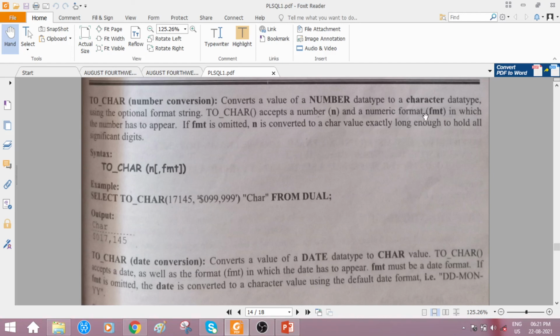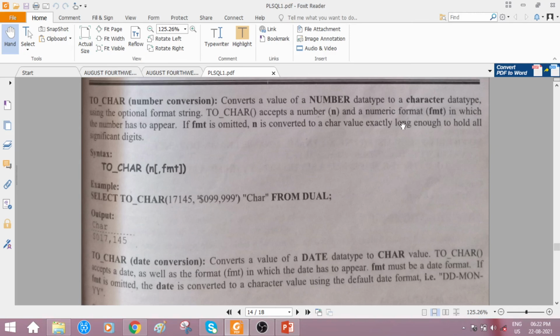That can be provided with the fmt option, in which the number has to appear. It is not compulsory to mention a numeric format.